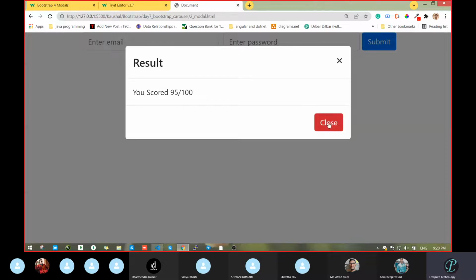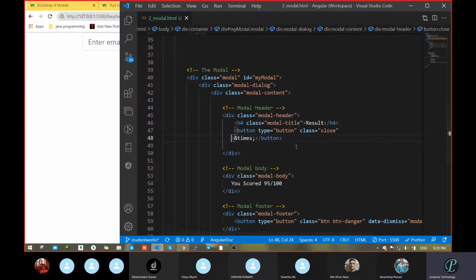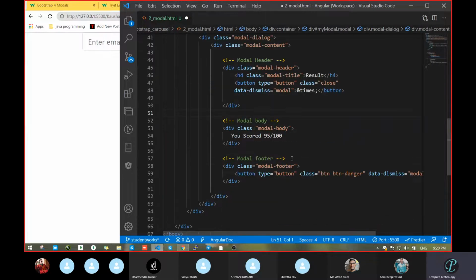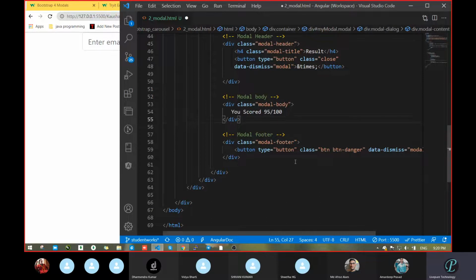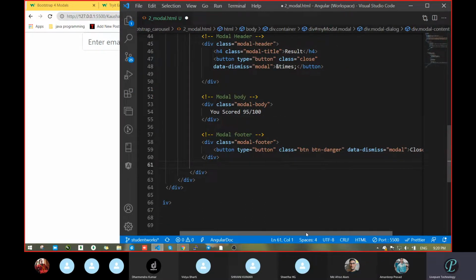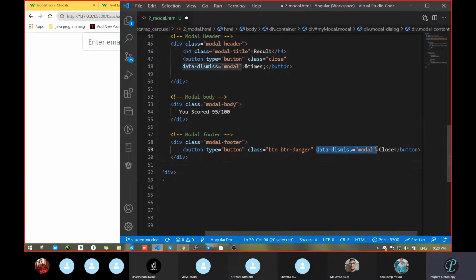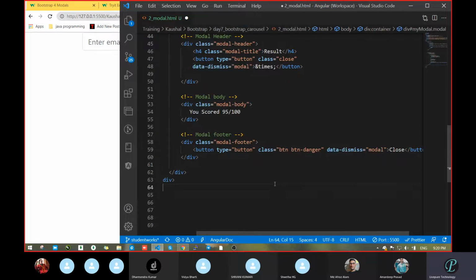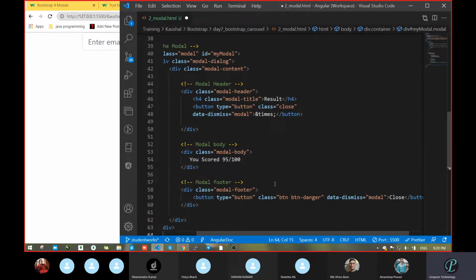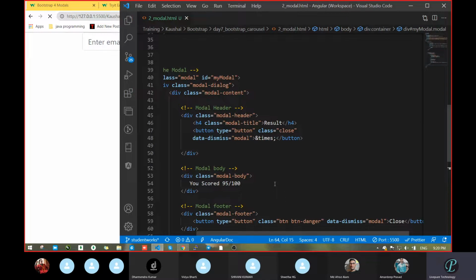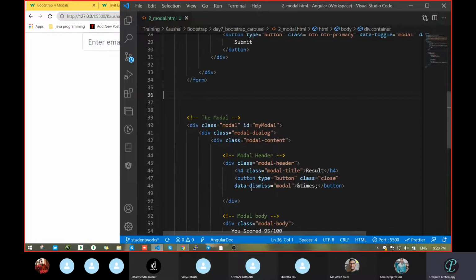But this close button is working fine. So it is due to this data-dismiss modal. It is not there, that's why it is not getting dismissed. Okay, so this is clear. Then modal body is normal, nothing is there. Then in case of the footer, again nothing is there, just data-dismiss modal for the purpose of closing that modal.